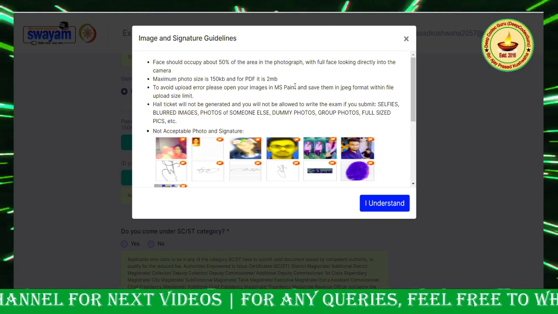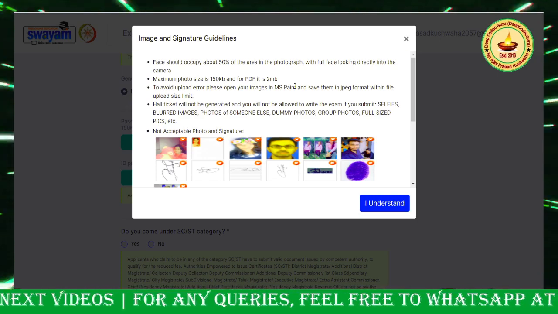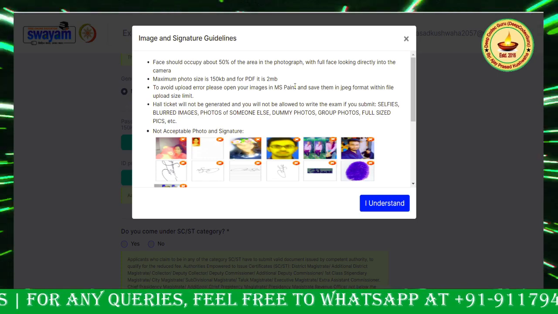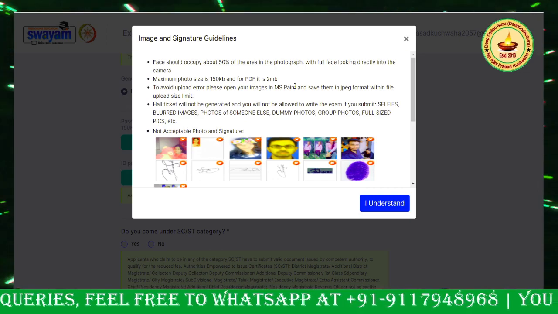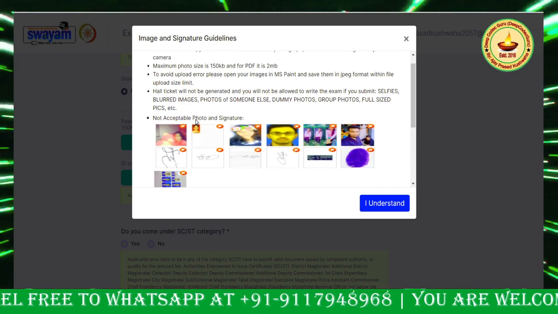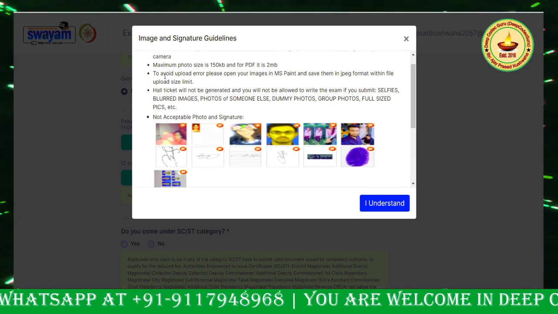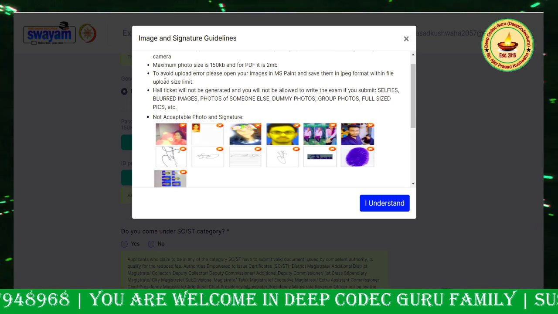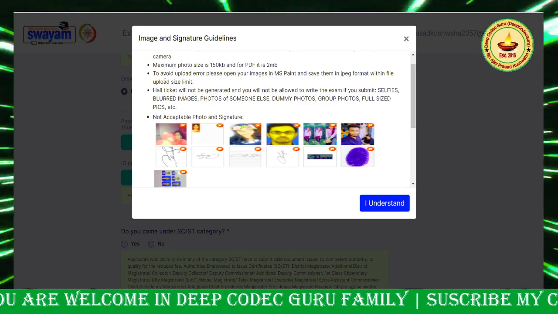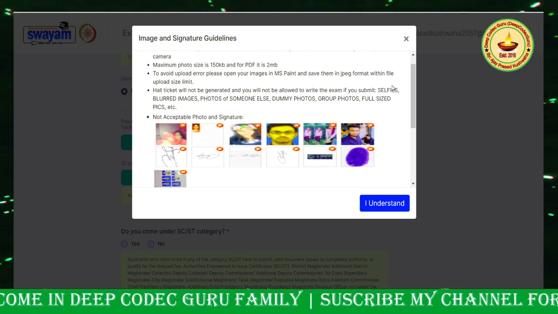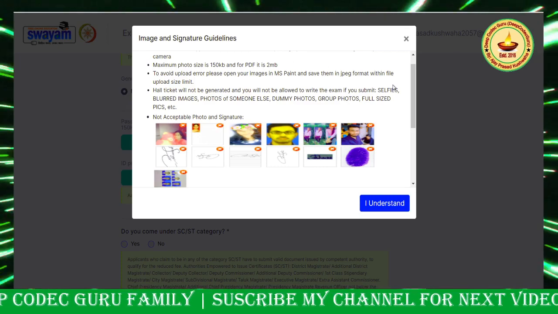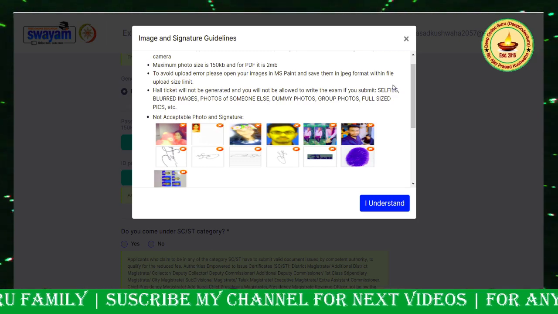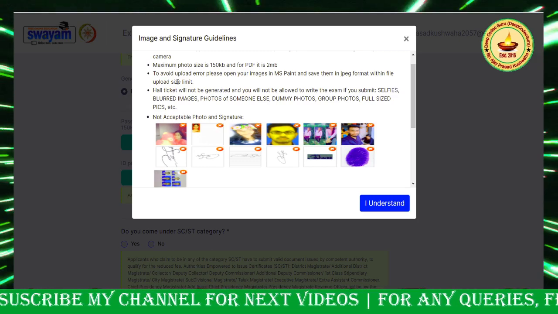Maximum photo size is 150 KB, and for PDF it is 2 MB. Okay, for PDF format, right? To avoid upload errors, please open the image in MS Paint and save it in JPG format within the file upload size limit.